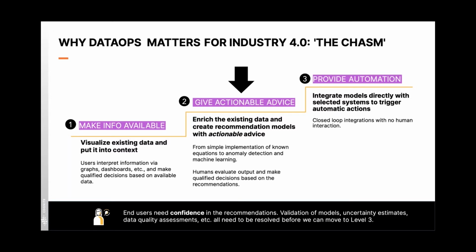So for all of those who are looking at jumping straight into an Industry 4.0, premier level, fully closed loop automation environment, we do recommend that you take one step backwards and really solve the actionable advisory system level first, as that will lay the groundwork for then moving to level 3. And it will actually make the level 3 transition relatively smooth, because ultimately closed loop will be about an increased level of governance requirements on the data flows themselves.